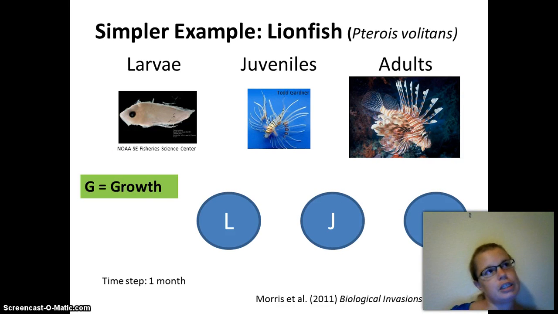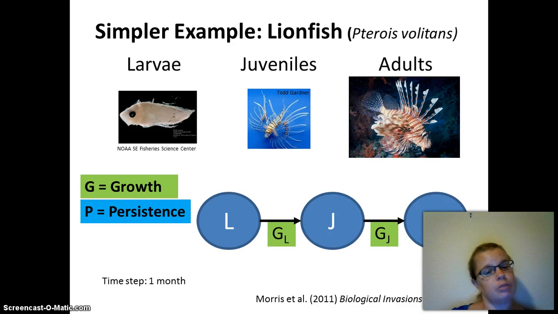So first, what stages can grow from one stage into another stage? Well, larvae can grow into juveniles, and juveniles can grow into adults. So we'll label those with G's. What stages can persist for more than one time period, which is, in this case, a month? The larval duration is only about a month, so they can't persist. But you can be a juvenile or an adult for more than one time step. So those have P values that are not 0. And what stages can reproduce? Well, pretty much by definition, adult means able to reproduce. So only